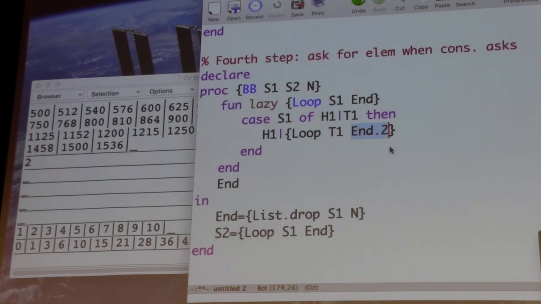So end is always n elements farther down than S1. I have S1 and end is already list drop. It's n elements farther. So if I ask for one element from S1, then I need to ask for one element from end. End is going to the producer. Okay? So that's almost done. Now we're almost done. See how we're building it, kind of step by step. Now it's almost done, not completely done,